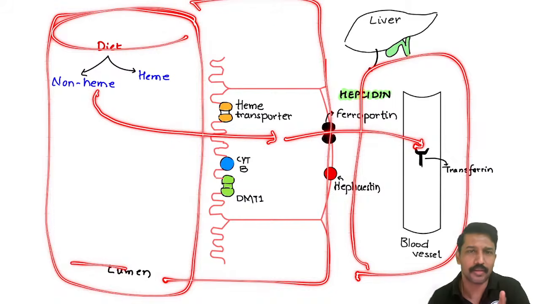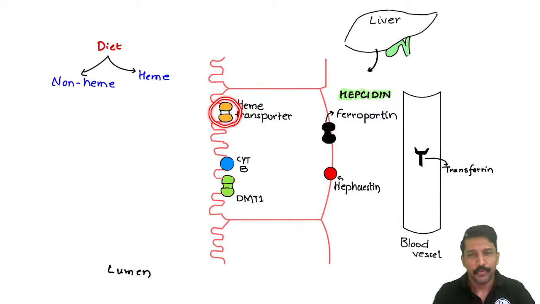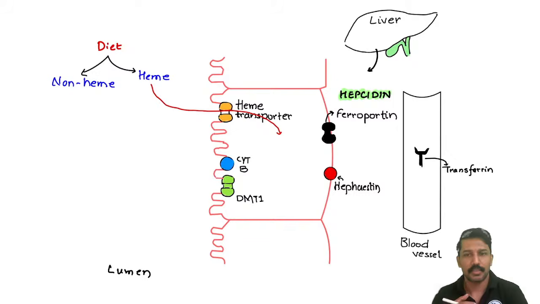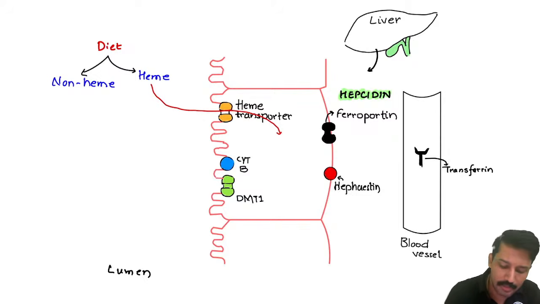So we are now looking at iron absorption. For the heme iron, on the brush border epithelium of the intestinal epithelial cells, we have a dedicated transporter called the heme transporter. So I don't need to do much about this heme iron. It will be absorbed into the intestinal epithelial cells through the heme transporter. But the non-heme iron, I have a problem. What is the problem? The non-heme iron, that your fruits and vegetables contain, is in ferric